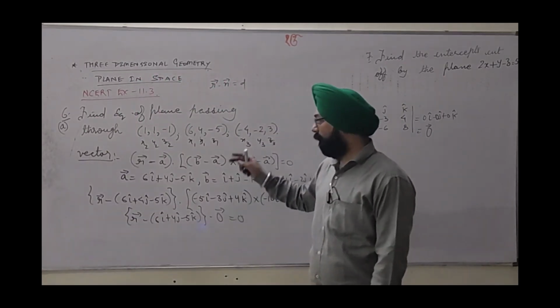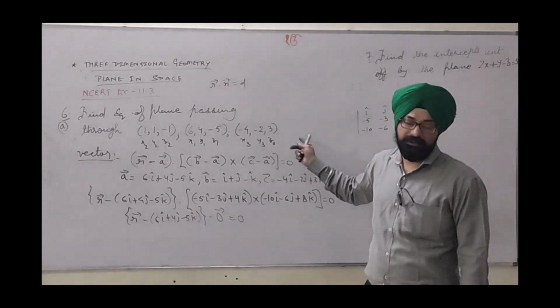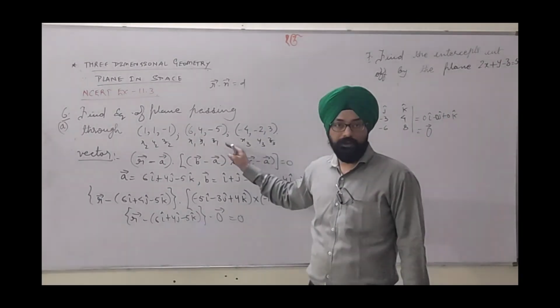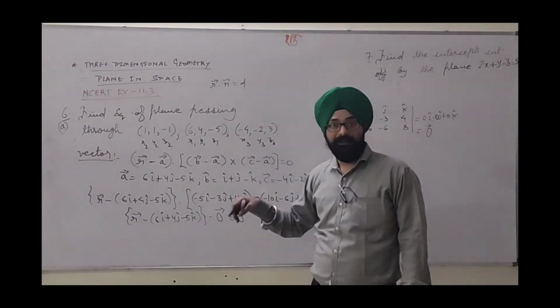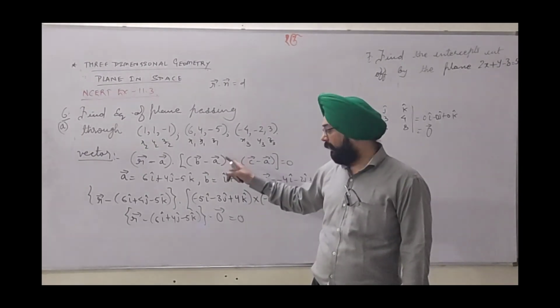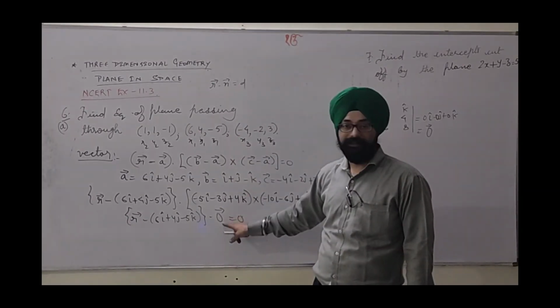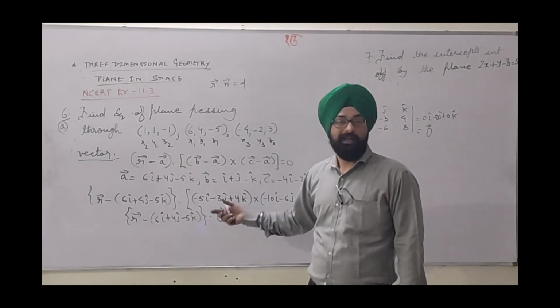Reason: 3 points are given, and these are collinear. If 4 were given, we could consider them to be coplanar. These are only 3 points, so they will be collinear points. Now, since they are collinear, they are lying on the same line. So that's why infinite planes will pass through this triplet. That's why we are getting 0 here, and finally the particular plane cannot be shown.